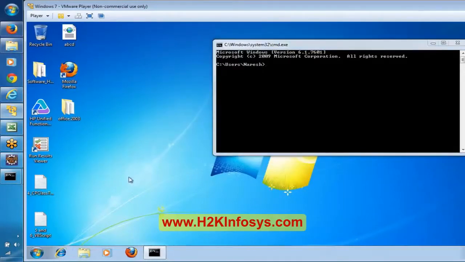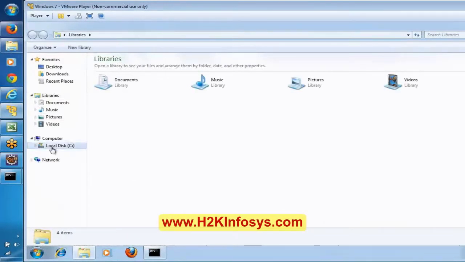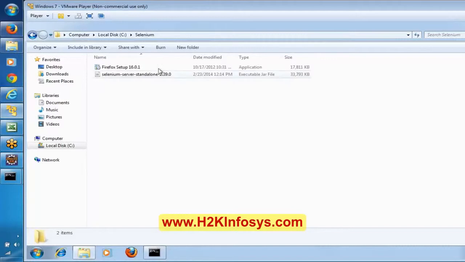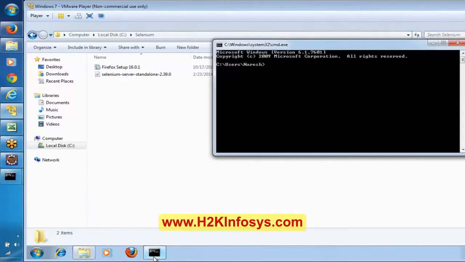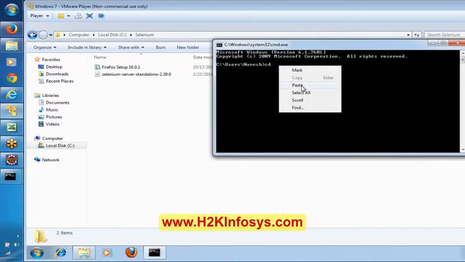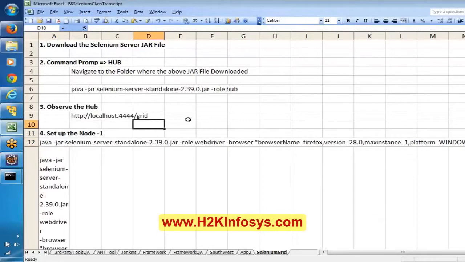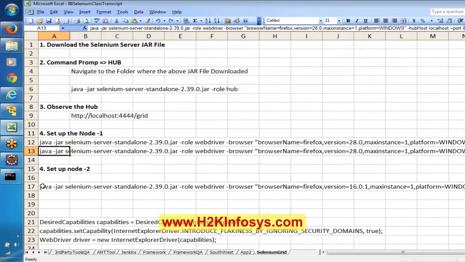We need to download the Selenium server. Probably I have downloaded it here. Let's see, here I have Selenium. See here, I have downloaded the Selenium server, this particular file. So first cd space this particular location. So we navigated to this particular folder. Now here, for creating a node here,